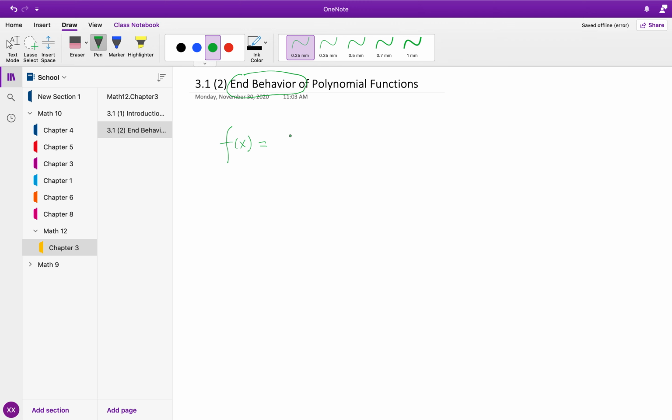So that's f(x) equals a_n x to the power of n plus a_(n-1) x to the power of n minus 1, and so on, plus a_1 x plus a_0. Now, recall that when I was doing polynomials, we understood some terminologies, that a_n is